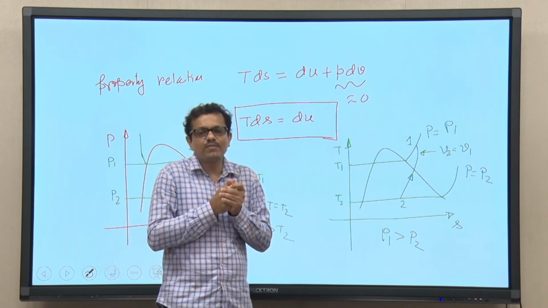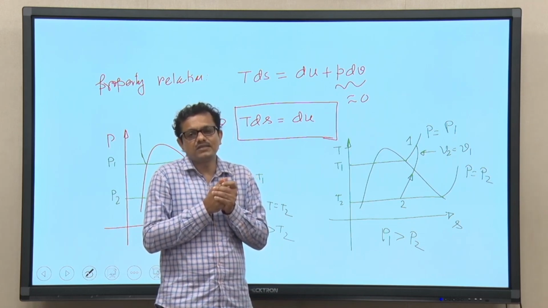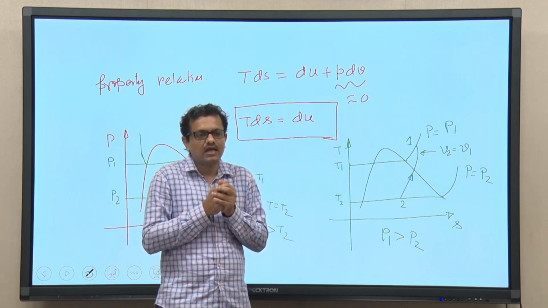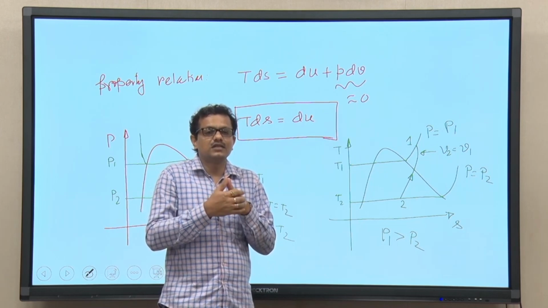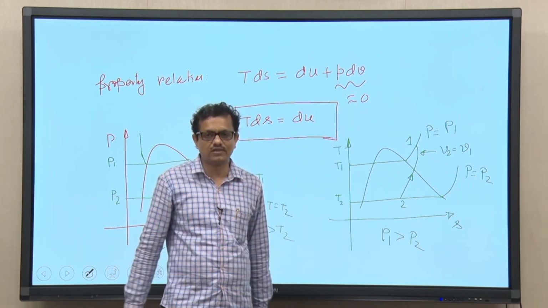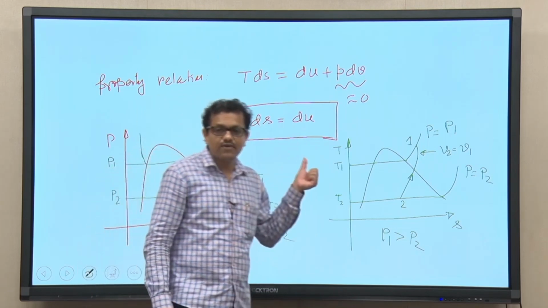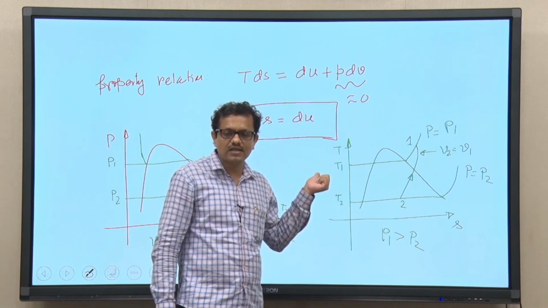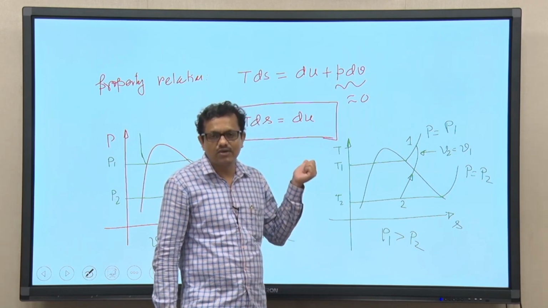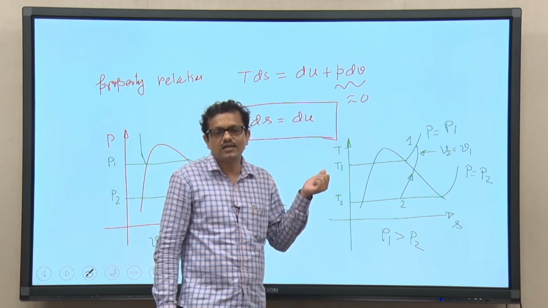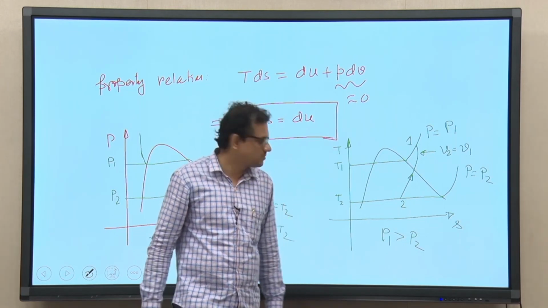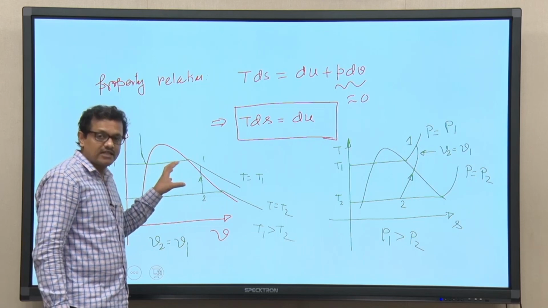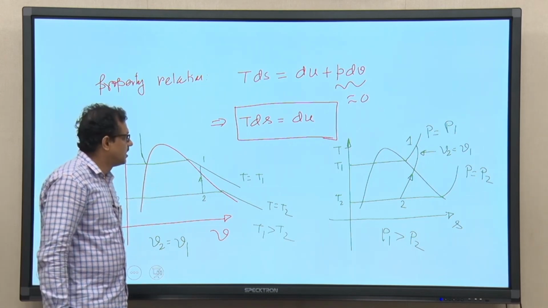And then we have taken one particular example, where the process is a reversible constant volume process of a substance, the substance is water, and the process is occurring in a non-flow system. Then we could write the first law, second law, and also the property relation. In fact, we also discussed that the property relation for this particular category is not an additional equation, rather it is the equality of the combined first and second law. Then we tried to map that particular process in PV and TS planes.